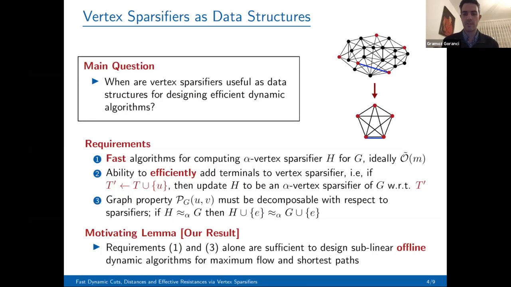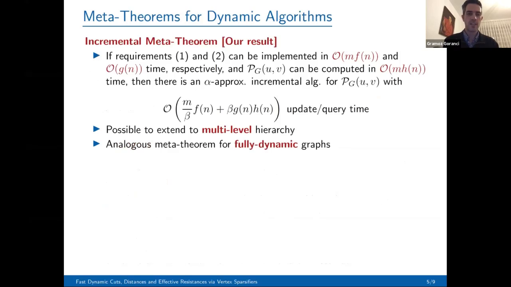All queries and updates are given to you in advance. So already vertex sparsification is interesting when you don't do anything in the dynamic setting. But if you want to design fully dynamic algorithms, where the sequence of updates and queries is given online, and these updates and queries are not really revealed to you in advance, then we basically